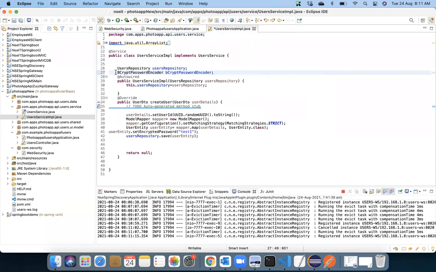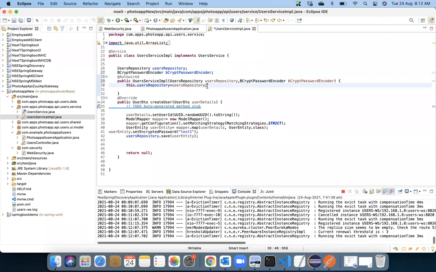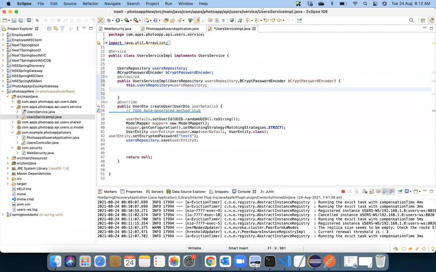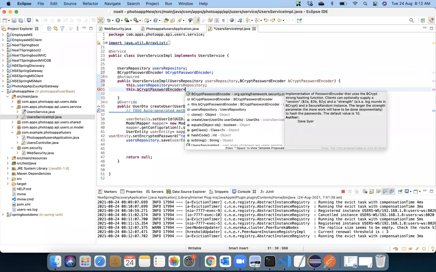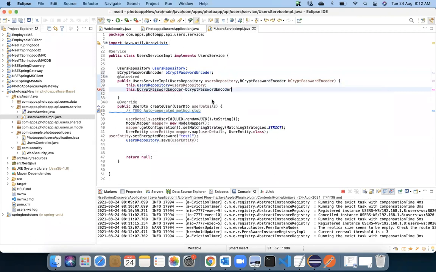And I would like to pass this inside this UserServiceImpl constructor, the one which is developed already. And here you say this dot, like this.